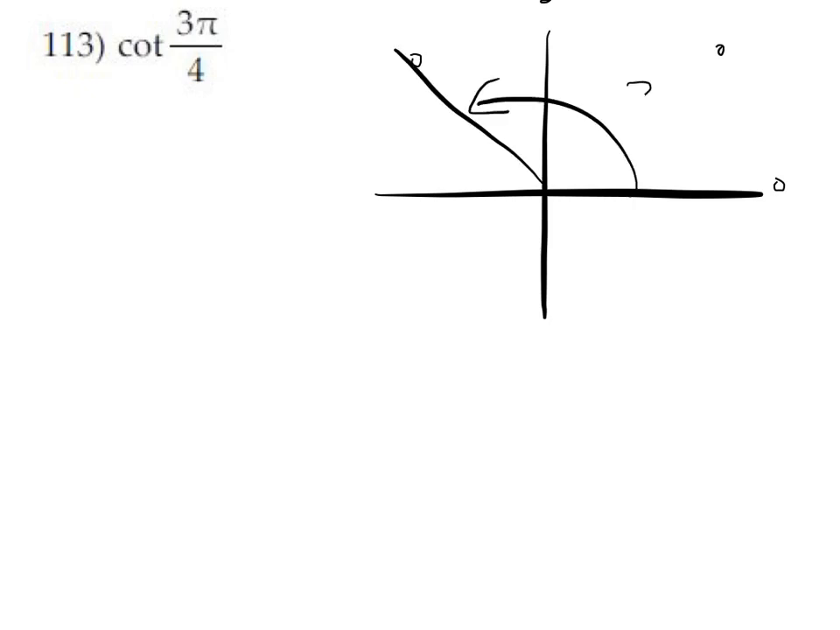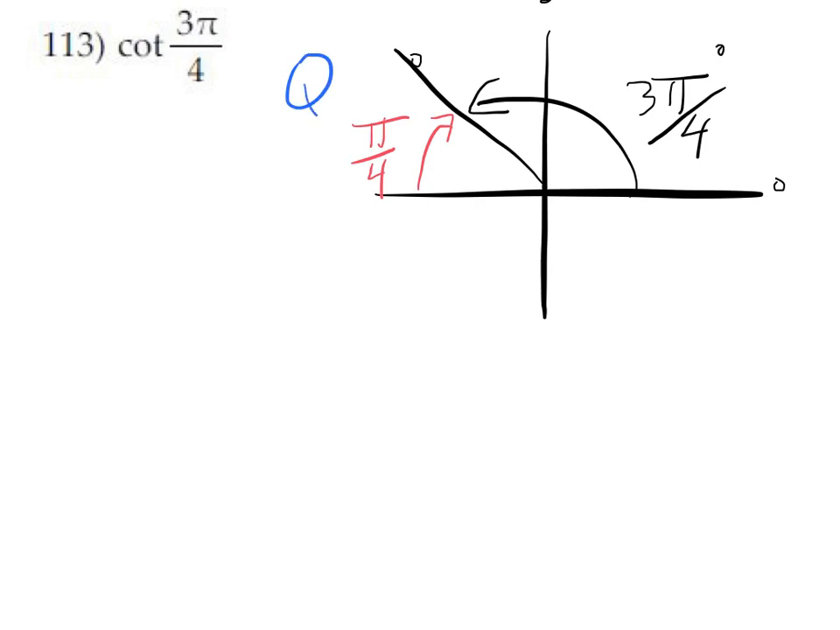Find the exact value of cotangent 3 pi fourths. First off, 3 pi fourths. Pi fourths, 1, 2, 3. This is 3 pi fourths. This gives us the fact that we have a reference angle of pi fourths, and it also gives us the